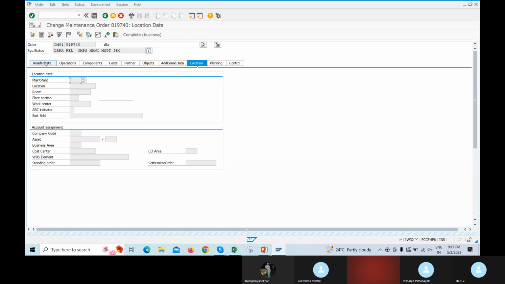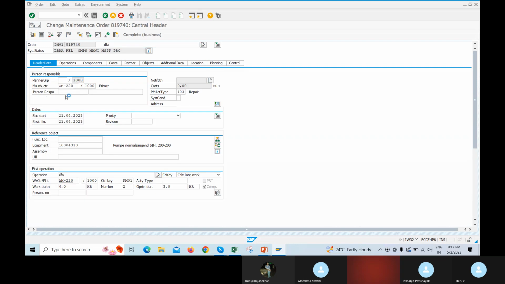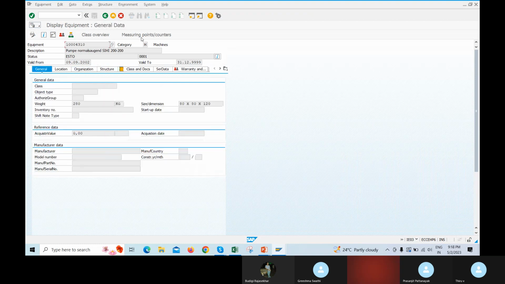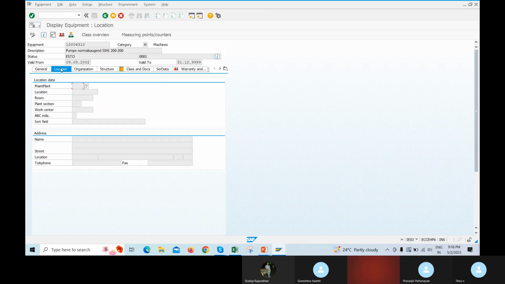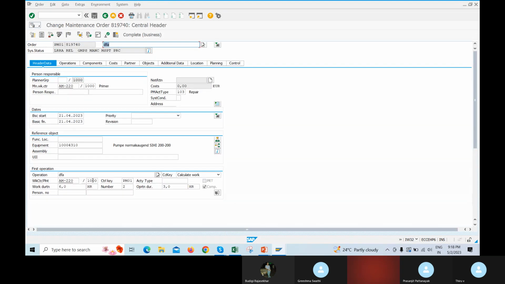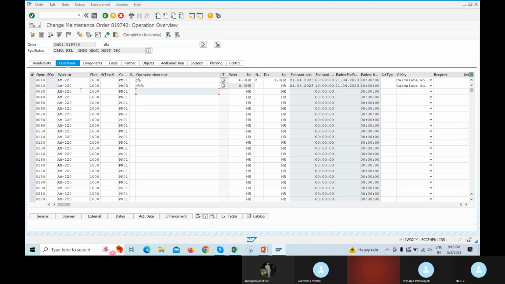So here it is not properly maintained. The maintenance plan and so on are maybe not there. It's empty, hence it is not coming. If you go to the equipment, you can see the work center. Normally it is empty, but it should pick from here. Maybe they entered this work center manually.